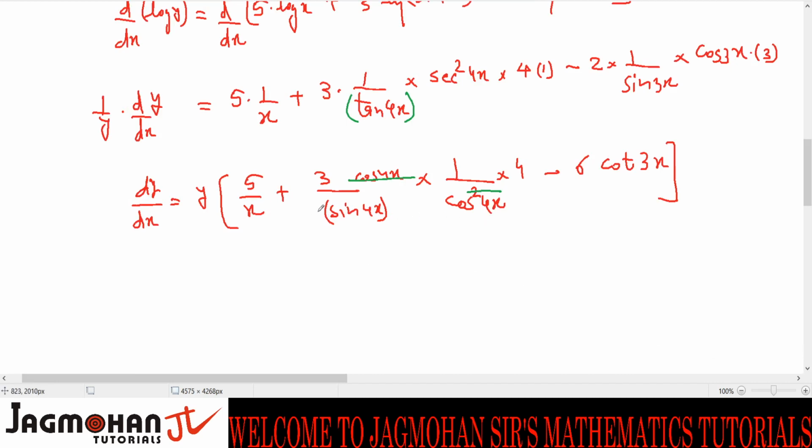What I will do is multiply 2 here so that I could multiply 2 in the denominator. And why am I doing that? This will get me 2 sine 4x cos 4x, which is equal to sine of 8x. It is the double angle formula for sine which I am using. I hope you understand. So the next step, you get dy by dx equals,